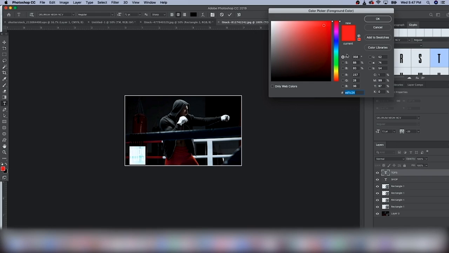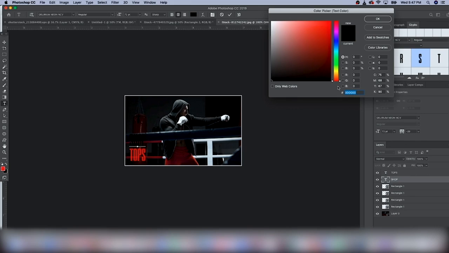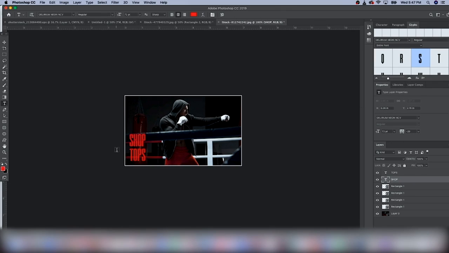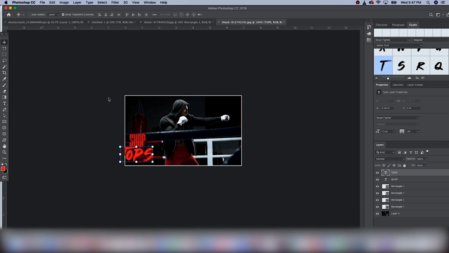We've actually saved the previous color from the logo, again maintaining that consistency throughout this website, and you just copy and paste the code, and bam, you can see it's changed. This looks better than before, but it still doesn't quite tickle my fancy. My mama sure ain't happy, so we're going to try another trick out, which is changing one of the font styles for one of these words. Let's go with tops, and we'll use that Royal Fighter font that we have from before, and you can see,